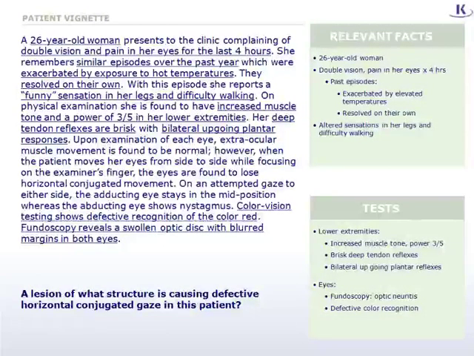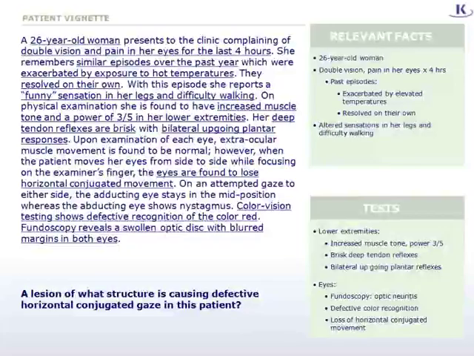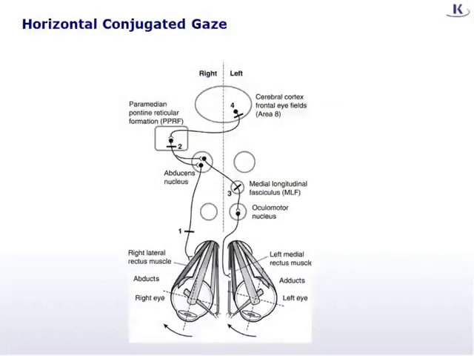The defective horizontal conjugated gaze described in the vignette is referred to as internuclear ophthalmoplegia. This condition develops due to a defect in a bundle of neurons known as the medial longitudinal fasciculus, or MLF. The MLF serves to connect the abducens nucleus on each side with the contralateral ocular motor nucleus. This connection allows for conjugated eye movement when both eyes move together in order to focus on one point. Now, if the MLF is disrupted on one side, the ipsilateral side is unable to adduct, causing the patient to have double vision. This patient has bilateral involvement of the MLF because she is unable to move the adducting eye